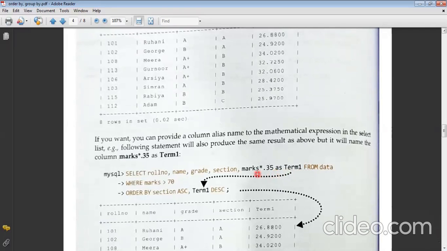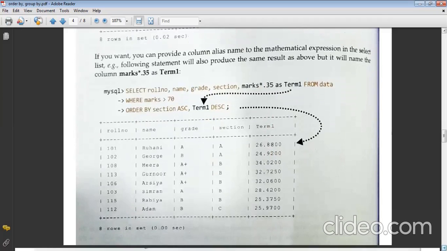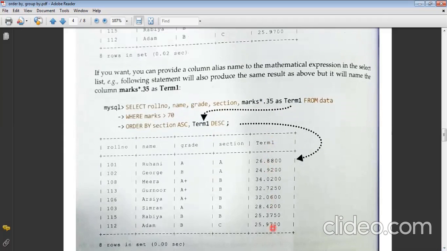So if you write marks into 0.35 as term 1, that is, whatever the mathematical expression is, it should be named term 1. You can use the same name over here: whatever you calculate, the column named term 1 should be in descending order. So you can see the output over here. The output will be the same.